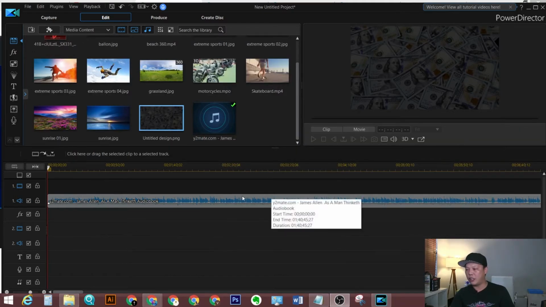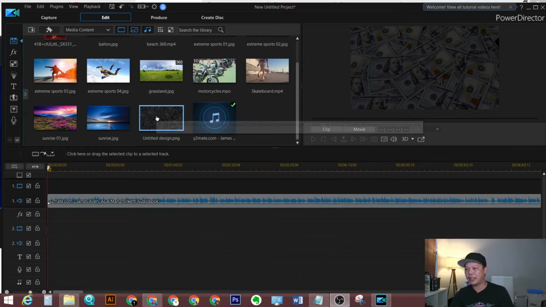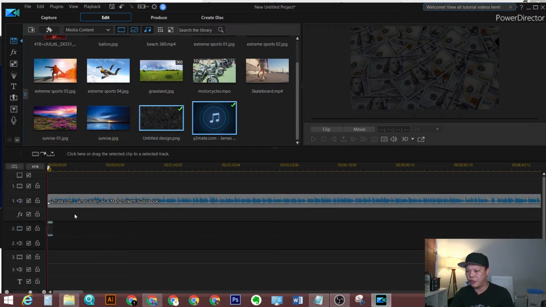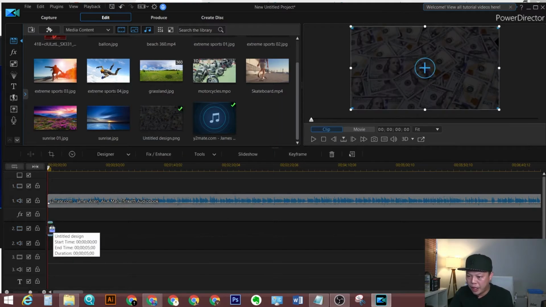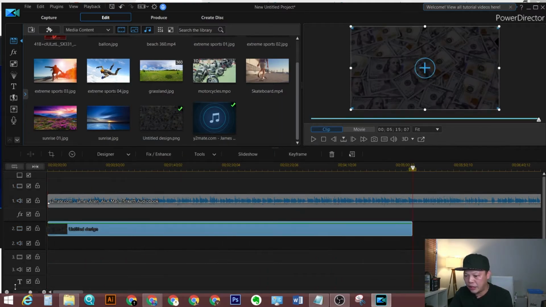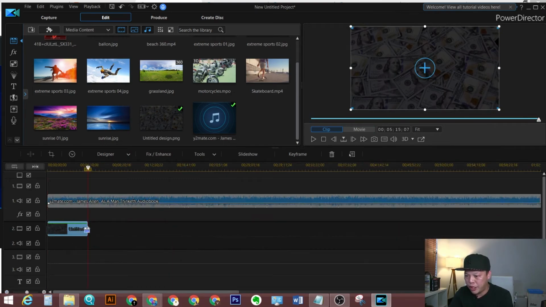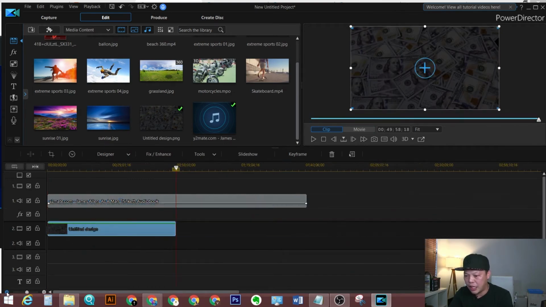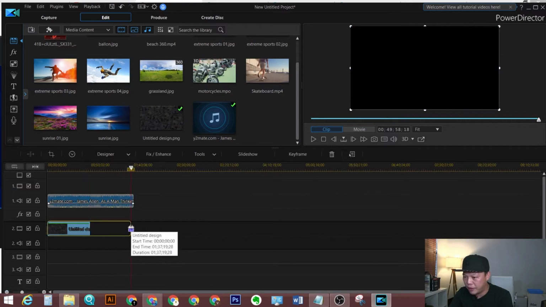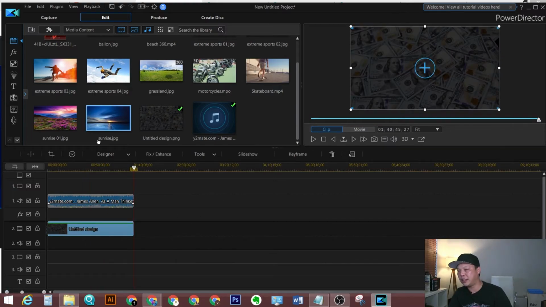Now, once you have the audio file in place, the next step is to put the background image for your audiobook. Make sure you extend this duration to cover the entire audiobook length. Okay, we have that in place.